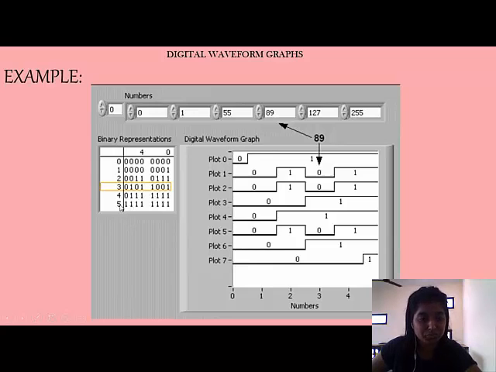In this all the bits are 1. Coming towards this digital waveform graph, you can see from the end all the bits are high, 1. You can see it here from slot 5, all are 1, and for the fourth you can see all 7 are 1 except the last, which is 0. So you can see all are in reversed order.